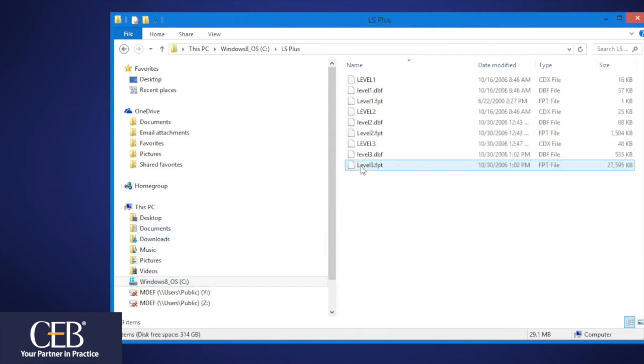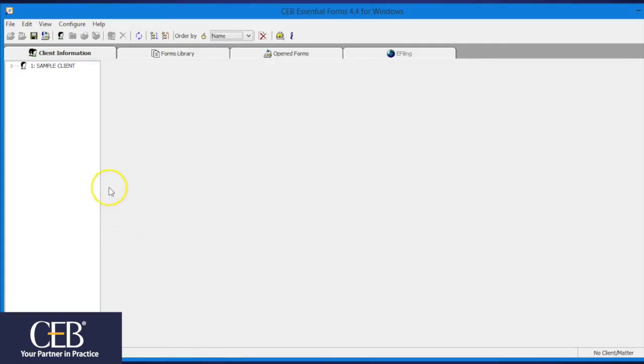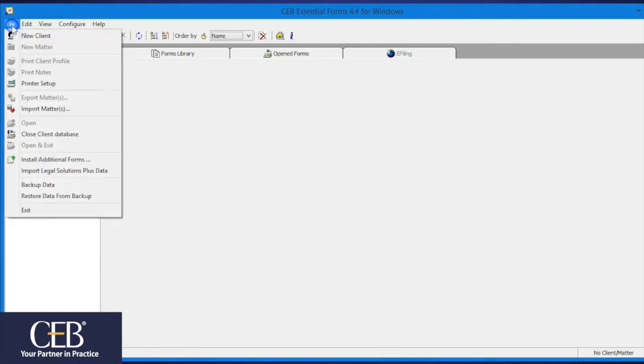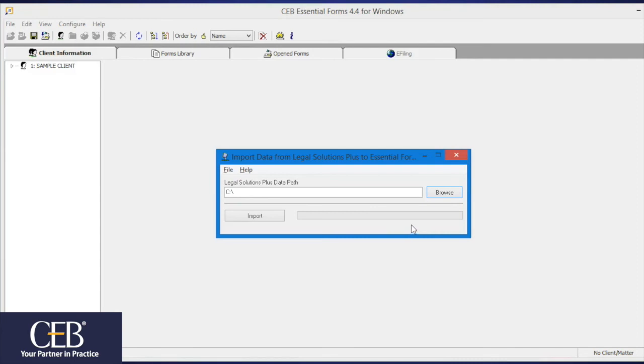You're looking for Level 1, Level 2, and Level 3 files. If you're not sure where it's located, you could type level1.dbf in the search bar to find the location of the LS Plus data folder. Once you locate those 6 files, maximize Essential Forms, click File, import Legal Solutions data from the pull-down menu, click